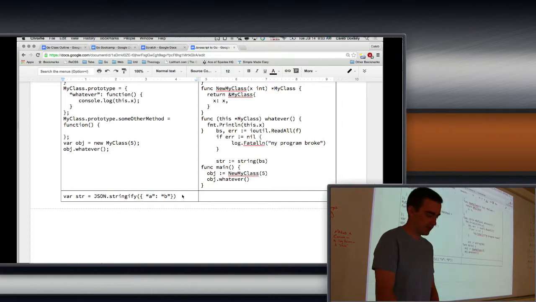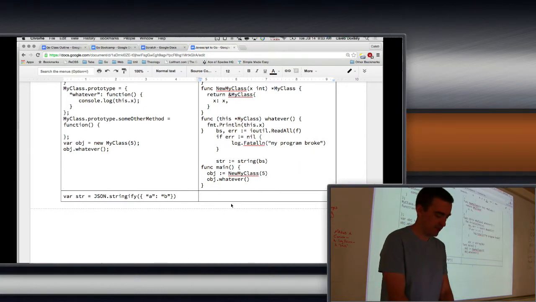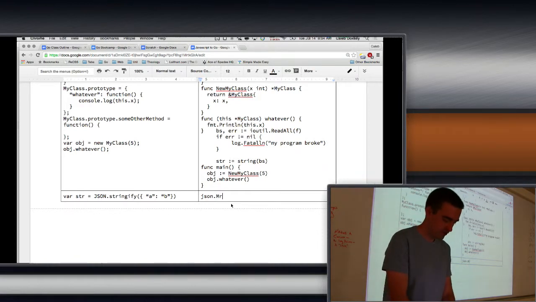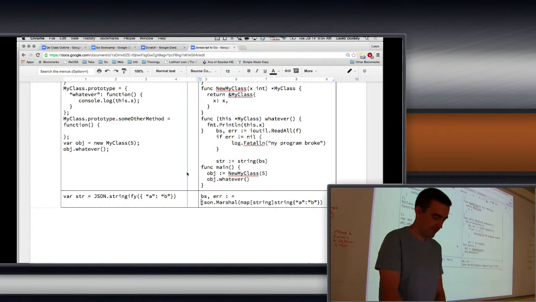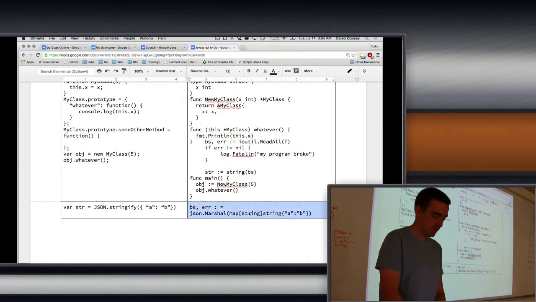okay, so how do we do that in Go? Well, first we need to make our object, so we can do it inside the function the same way. So remember, does anybody remember how we do that? JSON dot Marshall. And then you give it, and this returns possibly an error, but otherwise very similar to its JavaScript cousin. Doesn't quite fit on the line